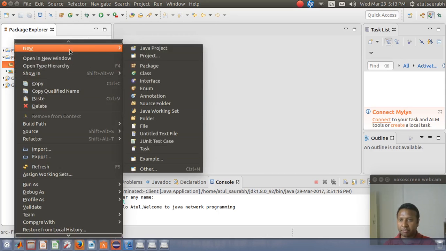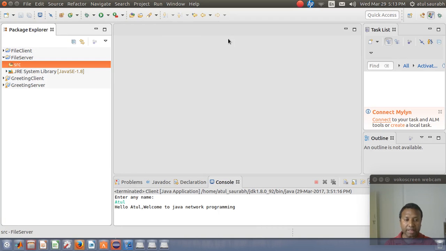Let's create a package, and there is one more enhancement I did in this project. The server is now available for multiple clients. It is not limited to one single client.